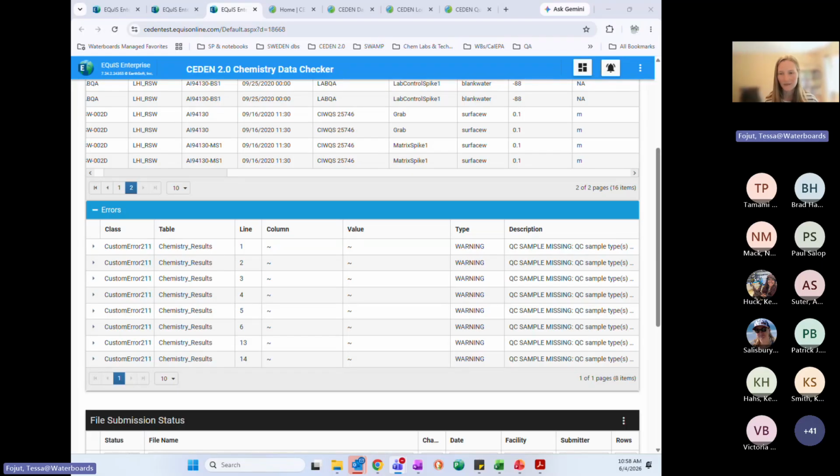It's for labs or other submitters. It could be used by anyone. But we don't really have a way of saying you can only check and not submit, so that would be up to the lab to manage whether they're supposed to submit or not.